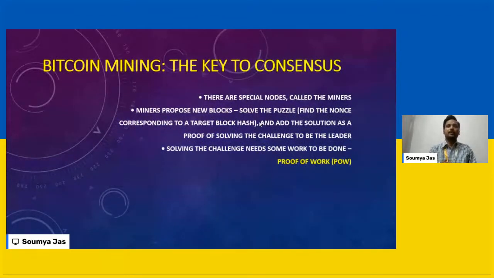For example, if person A is making a transaction of 1000 to person B, this is a transaction that is floating on the Bitcoin network, and there are many such transactions.